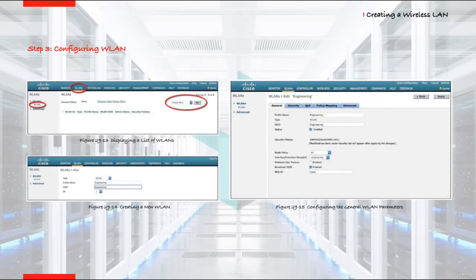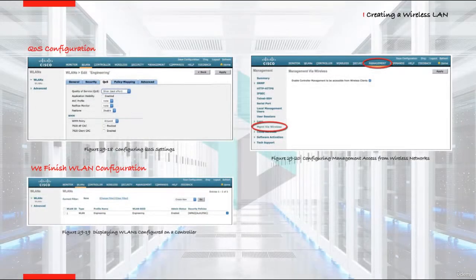In the third step we will start configuring our wireless LANs, which I will quickly pass as I will show them in a moment. Then we finish our settings by configuring wireless security, and configuring quality of service, and finally we will set whether users connected to the Cisco wireless LAN controller graphical interface can access it over the wireless network. When we remove this, users connected from the wireless network will not be able to access the controller